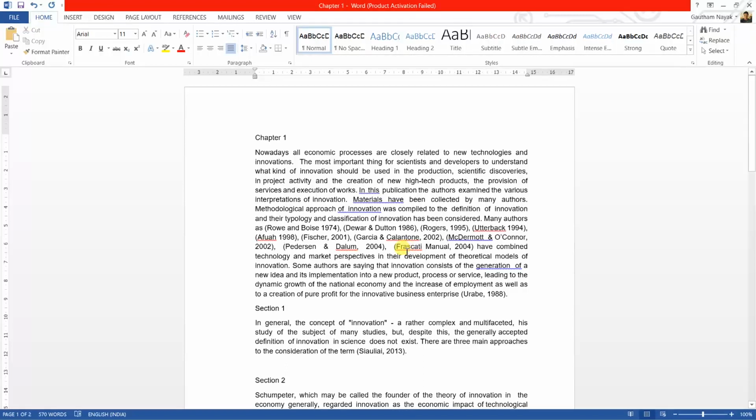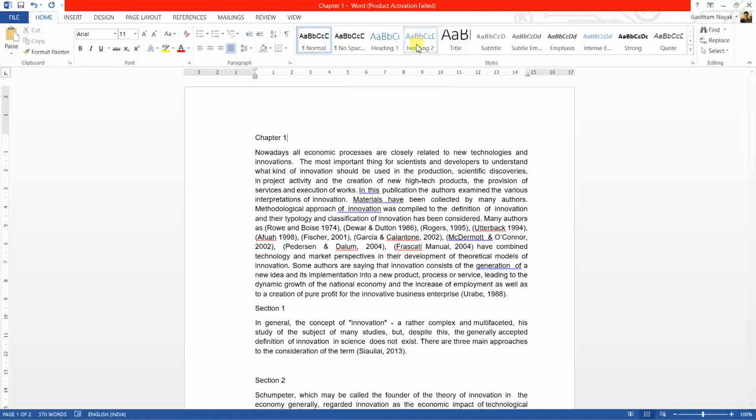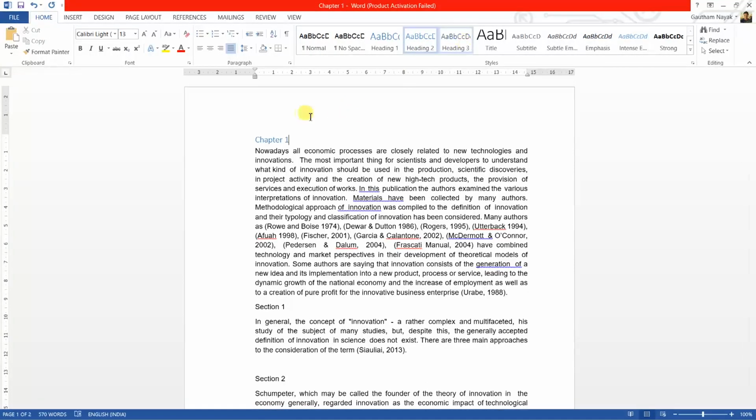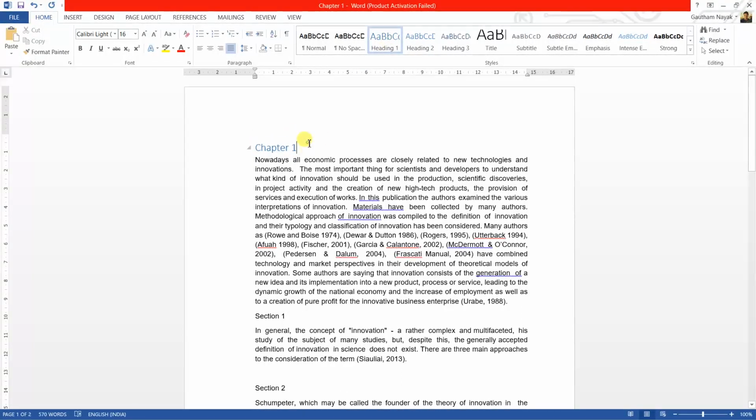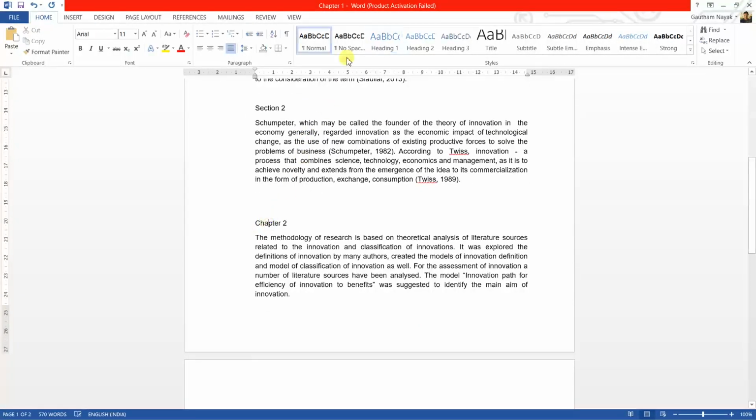Moving next, we will go to the headings. If you see here, we have heading 1, heading 2. If we click on heading 2, you will also find heading 3. Chapter 1 is the first heading, so we'll set it to heading 1. When I click on heading 1, chapter 1 gets formatted to the style setting in heading 1, but we want to change this. So let me go to chapter 2 and say this is heading 1,